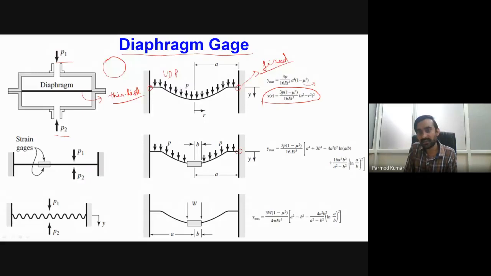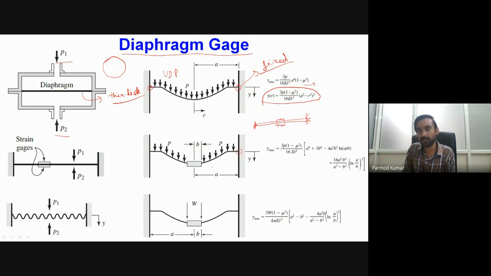Okay, then once again we are having the same diaphragm type. Outer edge of the diaphragm is also fixed, and inner portion at the center is also fixed. So you can see if this is my cross section of the diaphragm, its outer edge is fixed, and at the same point of time some portion of the inner portion is also fixed. So you can see over here the portion which is fixed about the center is having radius B. Okay, and whatever the remaining portion of the diaphragm is there, which can actually deflect depending upon the value of the pressure, that is subjected to the uniform value of the pressure.